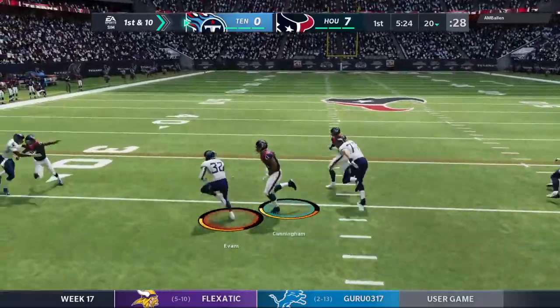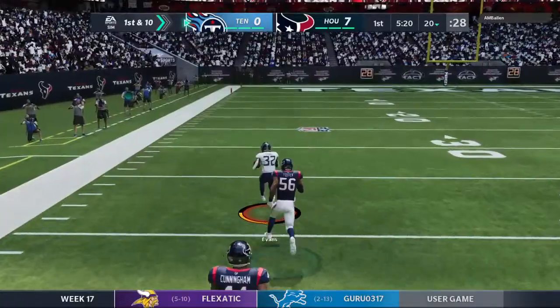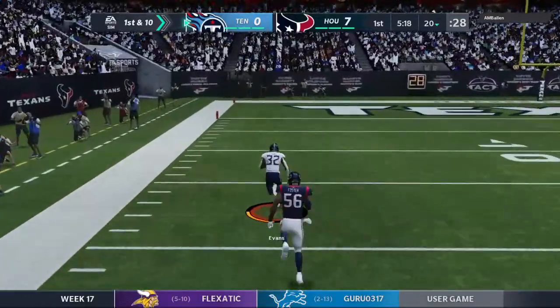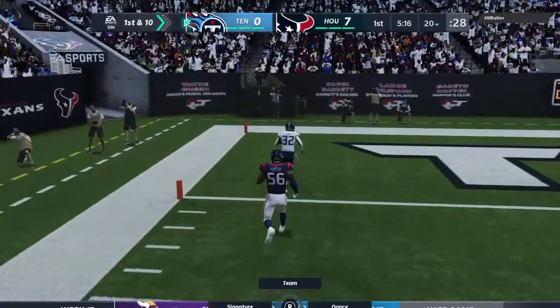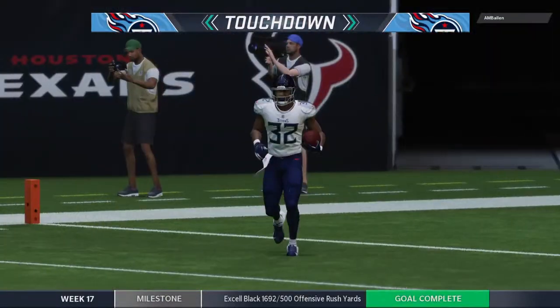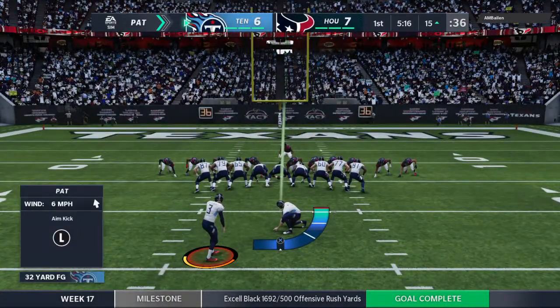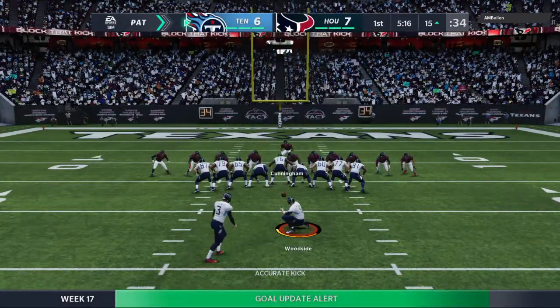A first look now for Darrington Evans. And some room to roam now. Goes left side. And he will score. Touchdown, Titans. Touchdown. Darrington Evans, an 80-yard touchdown. And the Titans are an extra point away from